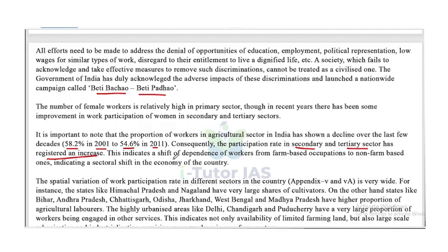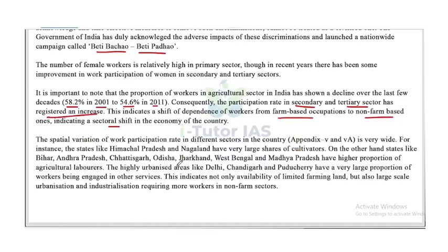This indicates a shift of dependence of workers from farm-based occupations to non-farm-based ones, indicating a sectoral shift in the economy of the country. The spatial variation of work participation rate in different sectors of the country is very wide. For instance, states like Himachal Pradesh and Nagaland have very large shares of cultivators. On the other hand, states like Bihar, Andhra Pradesh, Chhattisgarh, Odisha, Jharkhand, West Bengal and Madhya Pradesh have a higher